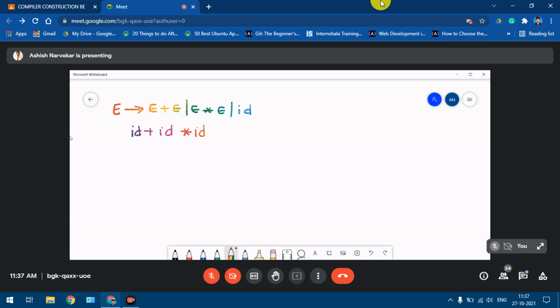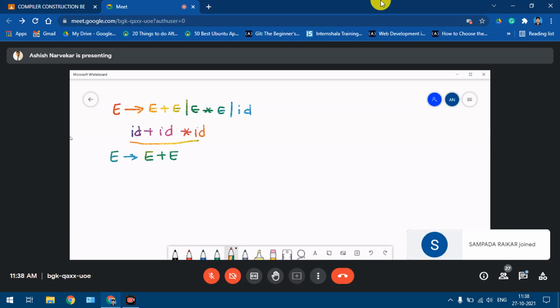So now to start with, let's write the LMD for this. Now what we have been given here is this particular string, so we have to write the derivation. We have to choose a particular production rule as we discussed yesterday. So let's choose say E plus E. Okay, so E derives E plus E. Now, since it is leftmost derivation, we have to expand the leftmost non-terminal. So we want the final to be, sorry, ID plus ID star ID.